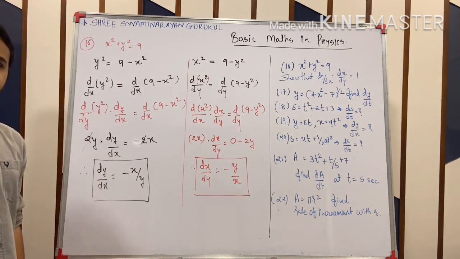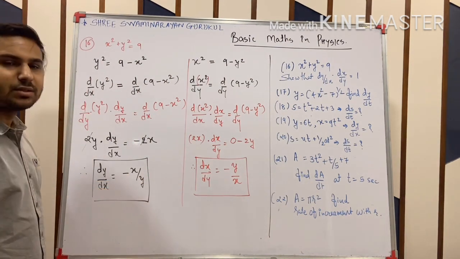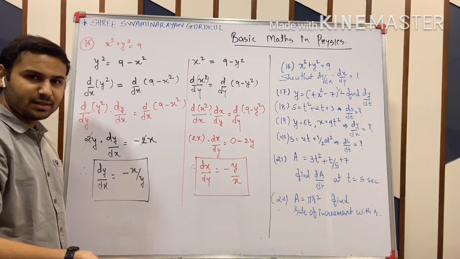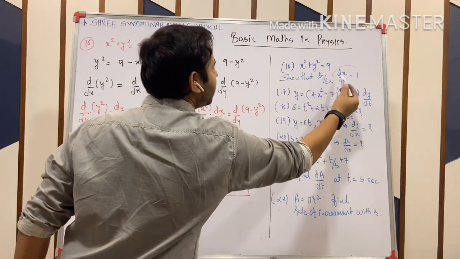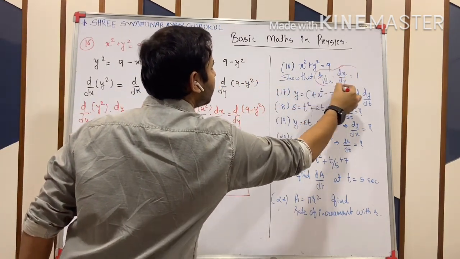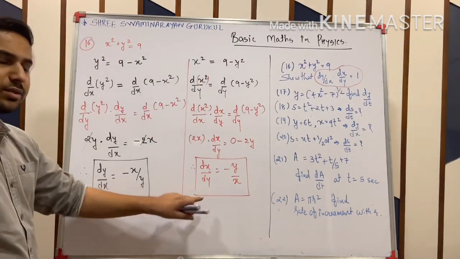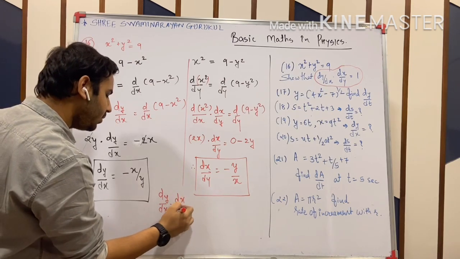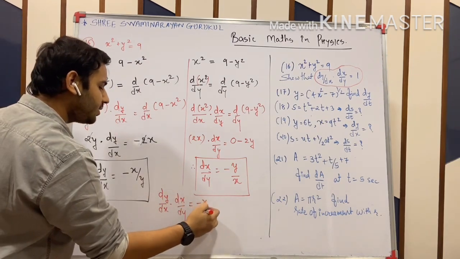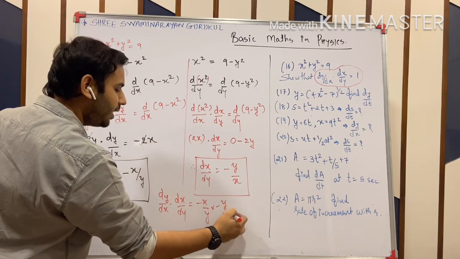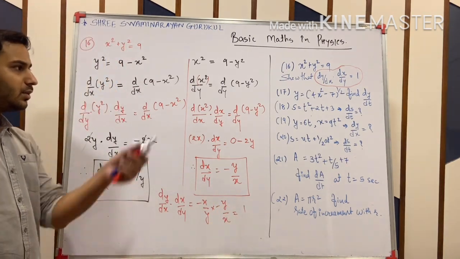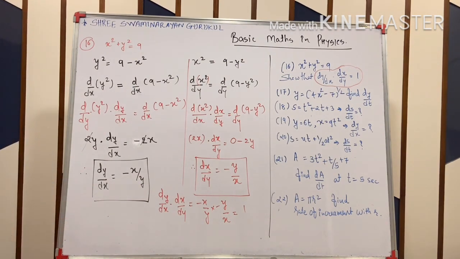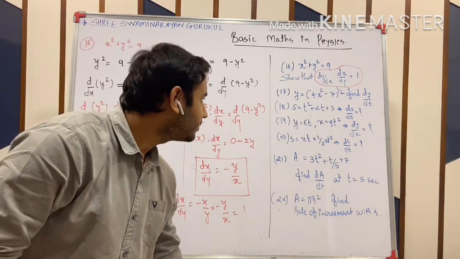You have the value of dy upon dx, and you have the value of dx upon dy. Now multiply these two. Minus x upon y into minus y upon x, minus minus is plus. So, what is your answer? Multiplication of these two terms, dy by dx into dx upon dy, is 1. Your answer is 1. Okay, we have proved this. So that was the 16th question. Now the 17th question. Fine.